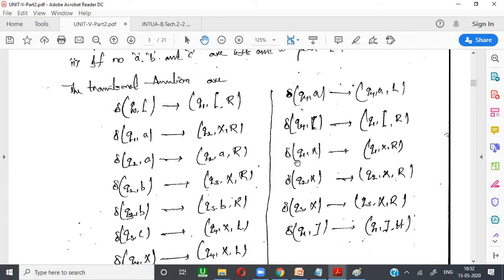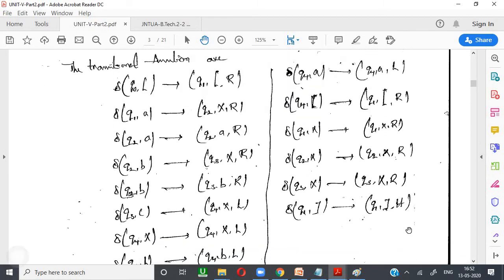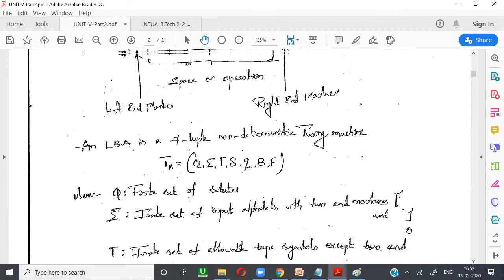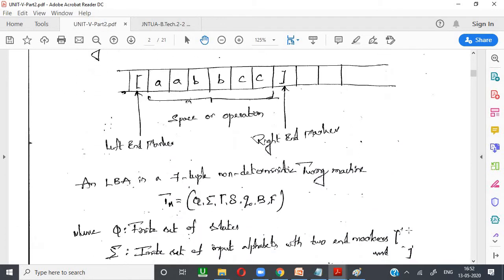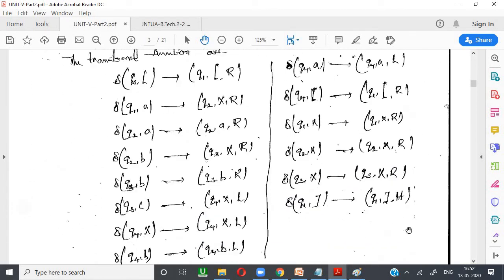So in the second state, like the third state also, once we find A, the process will continue. Once we find B, the process will continue. Once we find C, the process will continue. And last, if I find the closed bracket, then we move to the halt state, meaning the acceptance state. So this is about linear bounded automata. It is a simple automata, but it has open and closed brackets. Earlier we compared with blank spaces, now we are comparing open and closed brackets. That's the only difference.